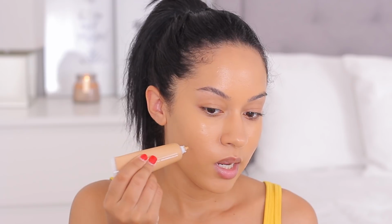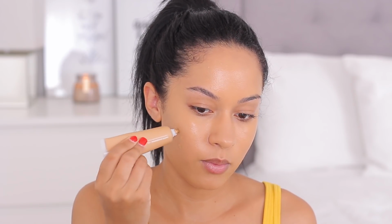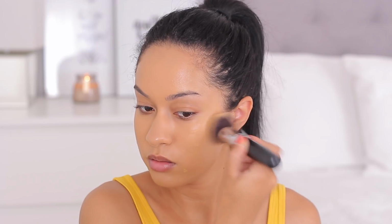I'm gonna kind of build up the coverage, see where it goes from there. And I'm only gonna apply some where I do have the scars and the pigmentation. Okay, yeah. So adding that second layer does add more coverage and it doesn't look cakey either. I'm gonna put on the rest of my makeup and then I'll be back to tell you guys a few more of my thoughts. My makeup is all done now, and I must say the finish of this foundation,